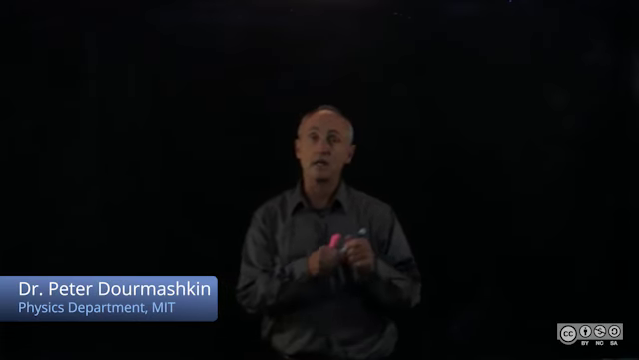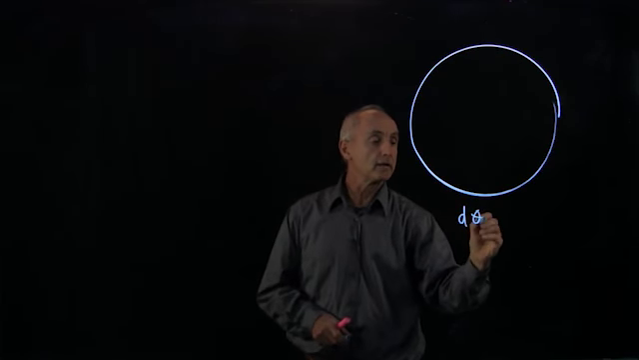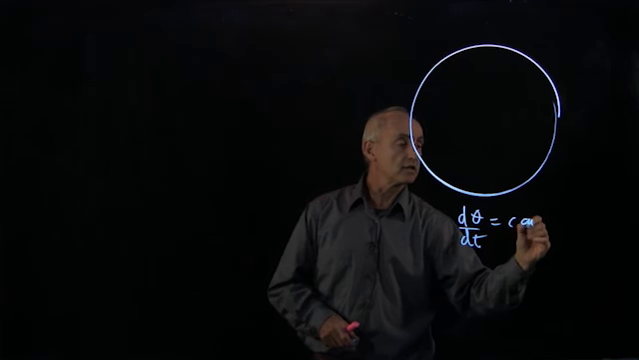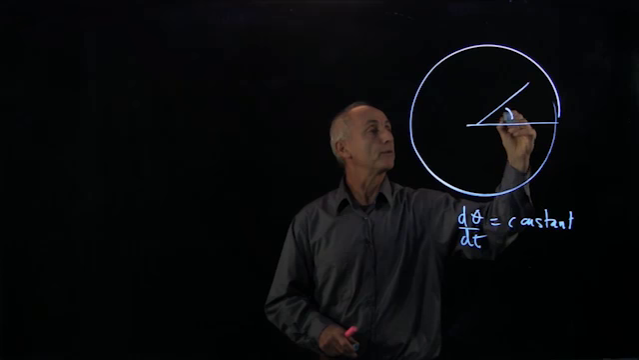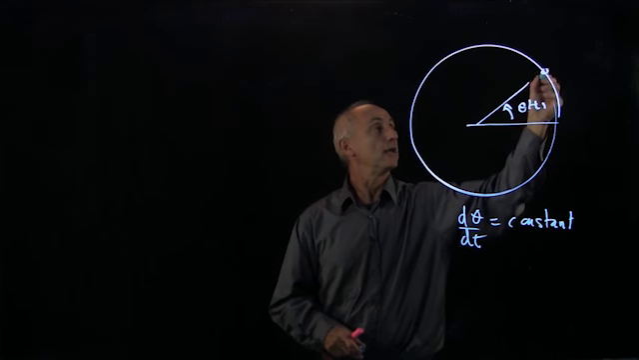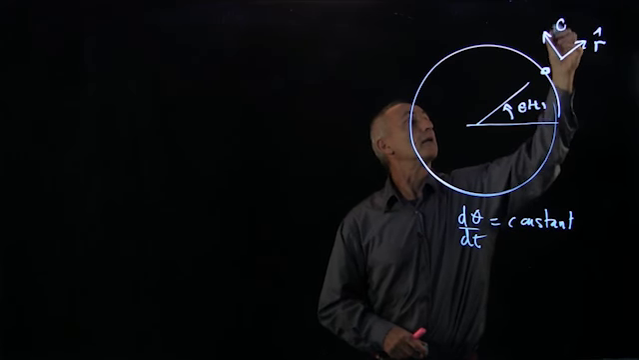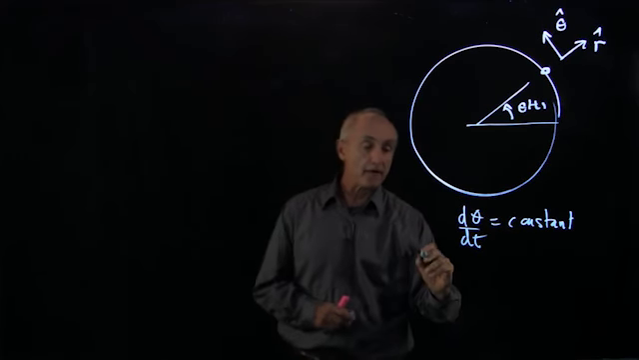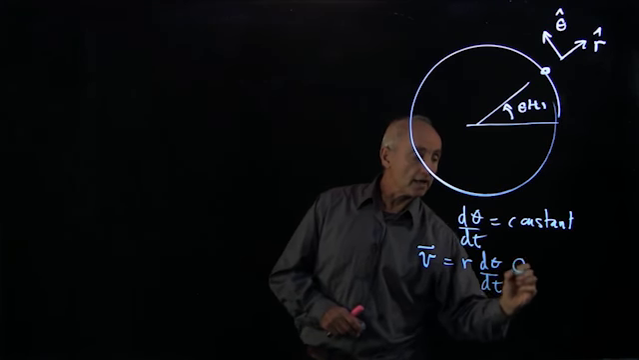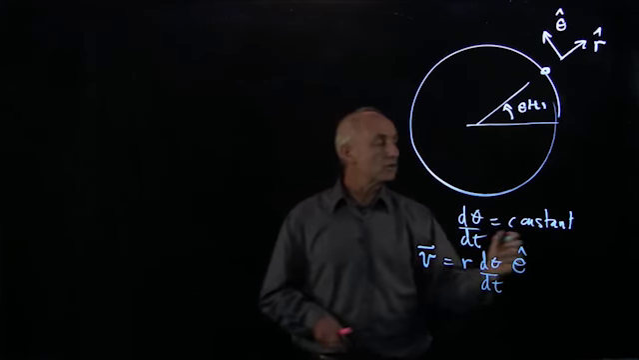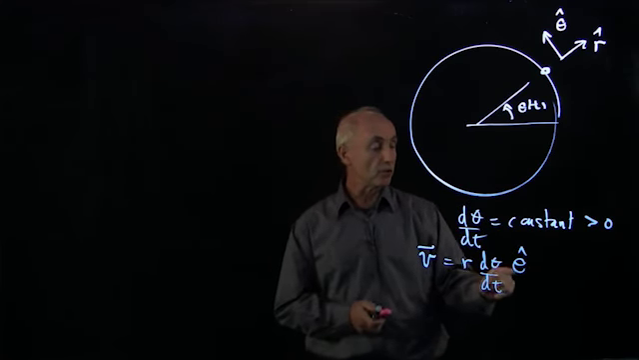For a particle that's moving in a circle, we found that when it's moving at a constant rate of d theta dt, and let's recall what we meant by theta of t, and here's our particle, and we introduced our polar coordinates r hat and theta hat, then we found that the velocity was r d theta dt theta hat. And so let's assume that this quantity is positive, in which case the velocity is pointing in the positive theta